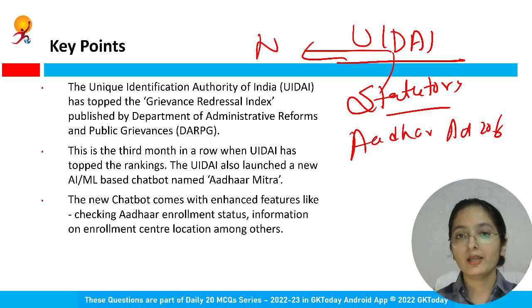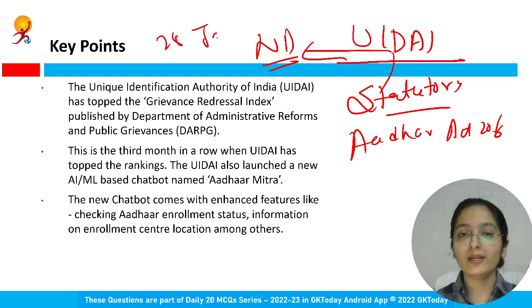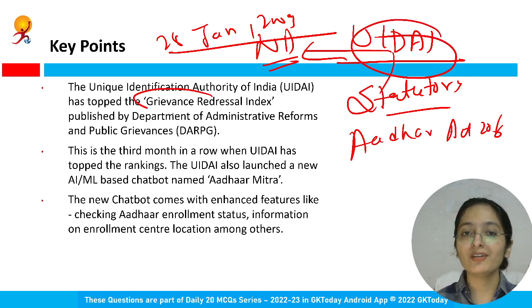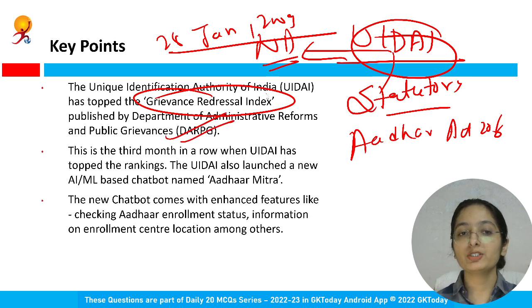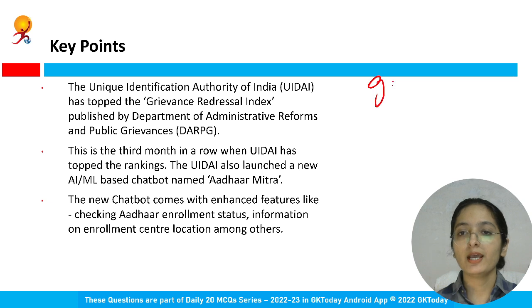New Delhi. And when was it found? In 28th of January 2009. Do you remember we have covered that this authority topped the Grievance Redressal Index that is published by the Department of Administrative Reforms and Public Grievances. So this particular authority aims to provide good governance, and one such step is this chatbot only,